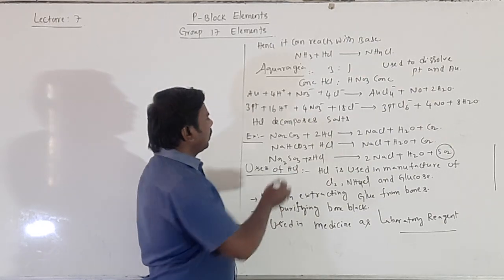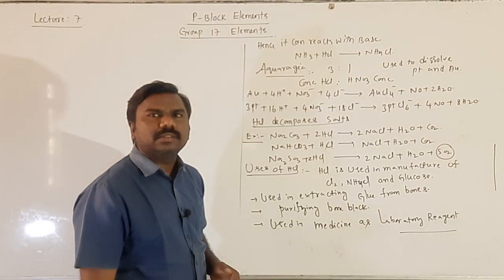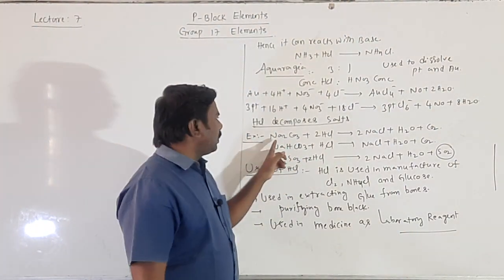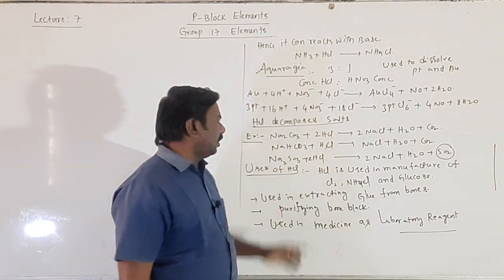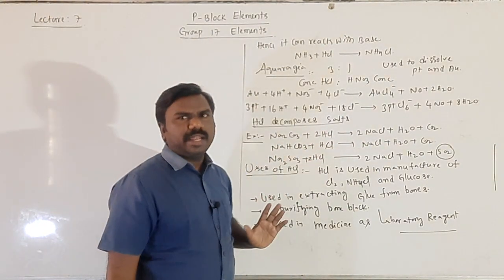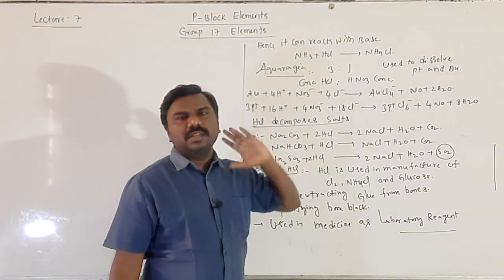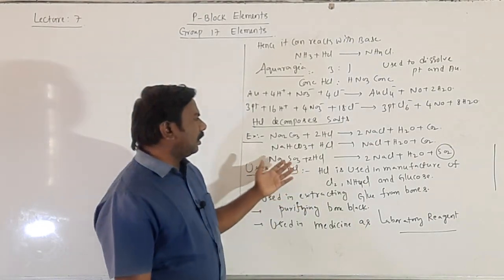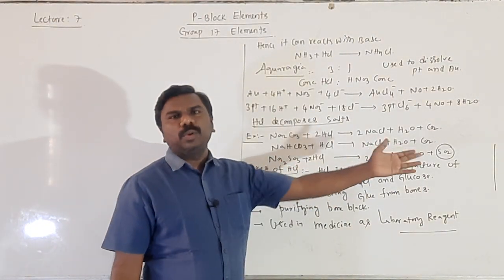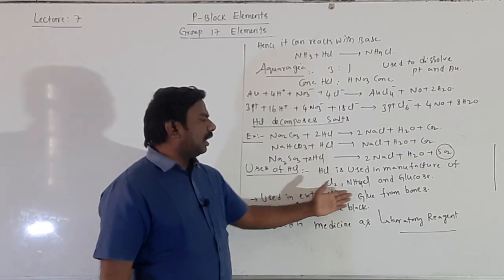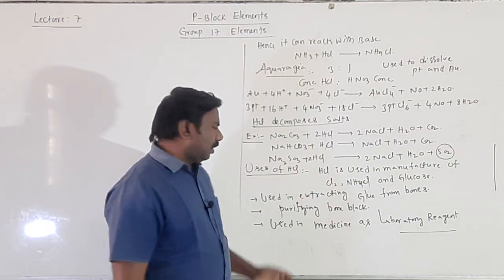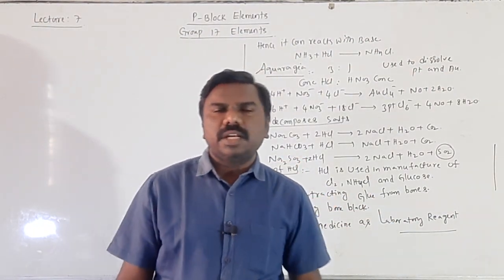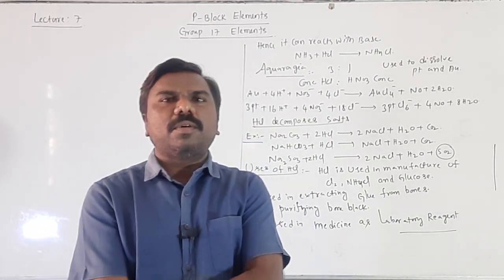Okay. Next, HCl decomposes salts like Na2CO3, NaHCO3 and Na2SO3. Na2CO3 is decomposed into NaCl by HCl. NaHCO3 is decomposed into NaCl by HCl. Na2SO3 is decomposed into NaCl by HCl. These are the reactions. And the uses of HCl: used in the manufacture of chlorine, ammonium chloride and glucose, in the laboratory, and used in the extraction of glue from bone, used to purify bone black, used as a laboratory reagent and in the medical field. Okay, this is about the HCl.